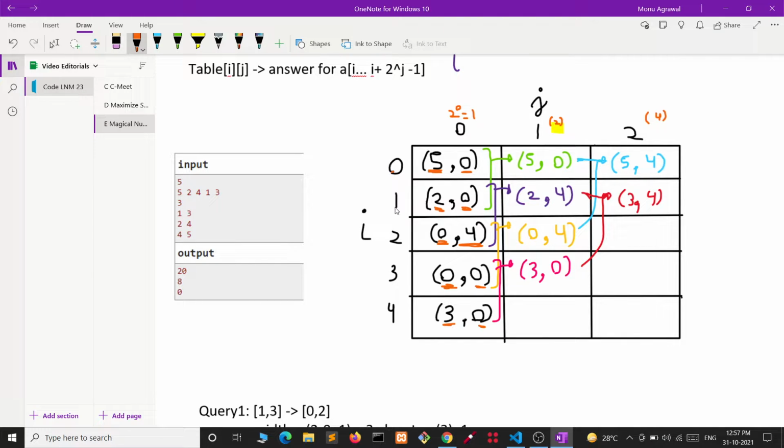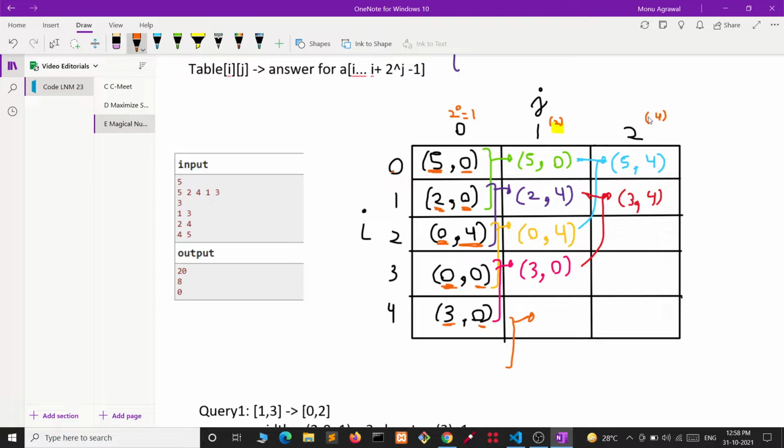Now we are starting from index 1 and we need width 2, so we will need elements 1 and 2. So we are combining the answers of 1 and 2 both. Like this we will be going till here. We cannot get the answer here because we do not have anything to pair it with and get our answer.